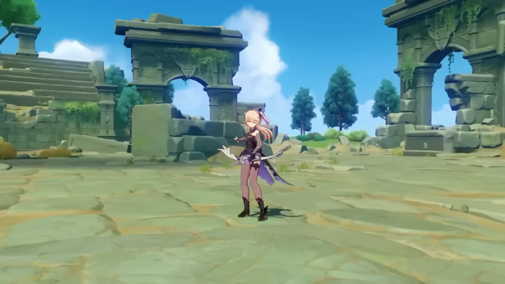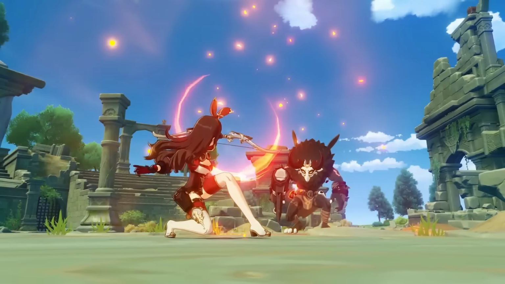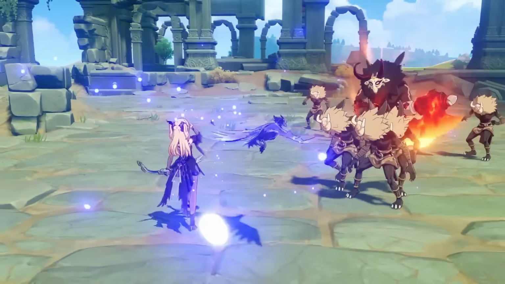And because Fischl isn't a buffer like Bennett who only works in attack scaling teams, you're able to use Fischl in all attack, HP, and defense scaling teams, as well as slot her into reaction oriented teams like Dendro, or double Anemo Swirl teams. And I've covered all of Fischl's teams in more detail in my Fischl guide, which is still up to date, but for her teams that have been created since then,